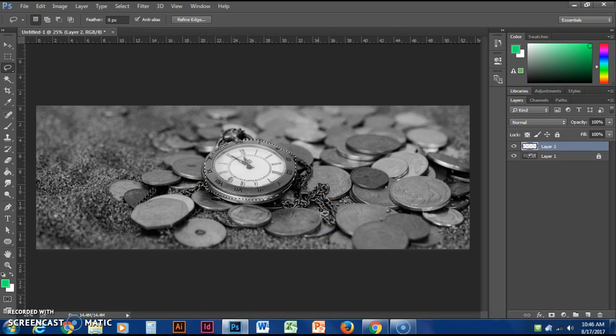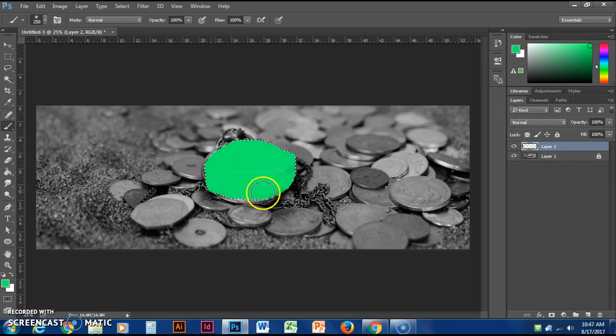Okay, so what we want to do is color only this part around here, and we want to get rid of this area here. So now if you look at the top in your options bar or your control bar, you have these different options for your selection. I have a live selection right now, so if I have my brush and I click, it's only going to stay inside that selection. I don't want that. I want it to stay inside the selection, but I want this also to be